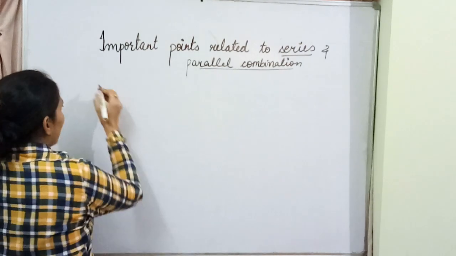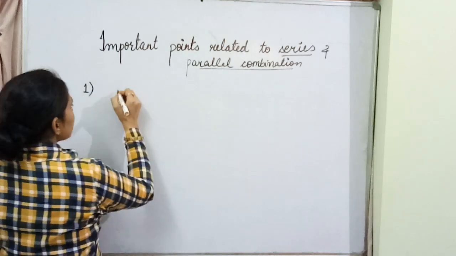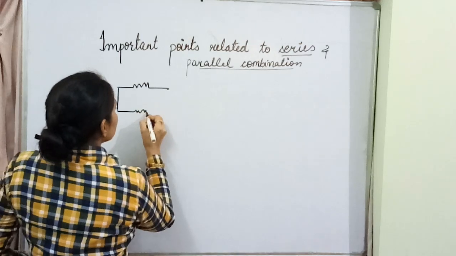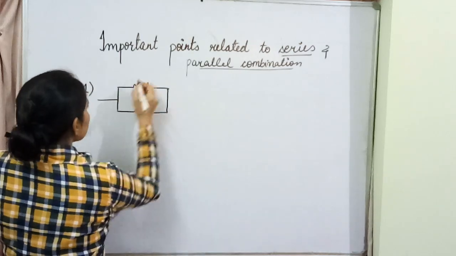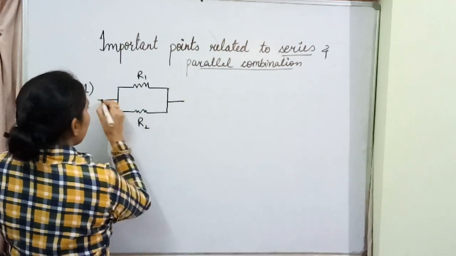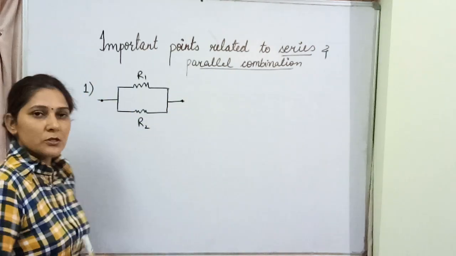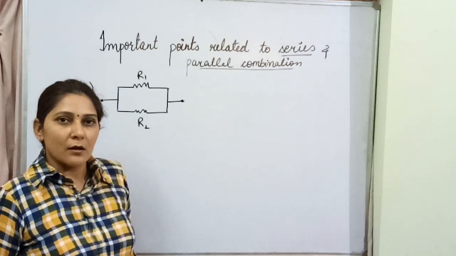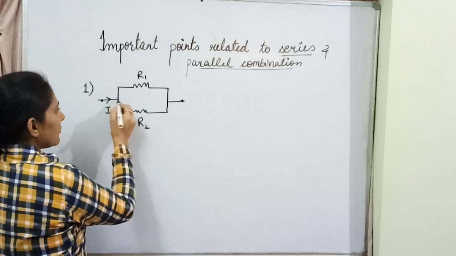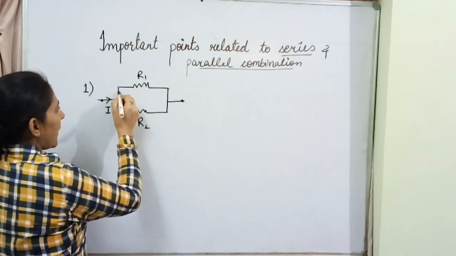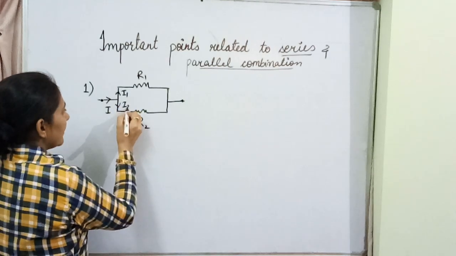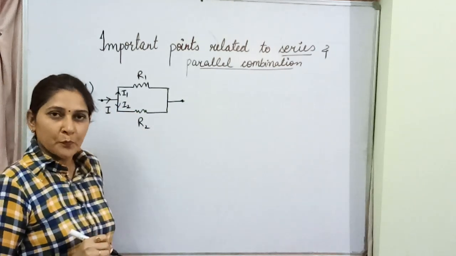First I am talking about when two resistors are given to us and both of these resistors are in parallel. Suppose this is resistor R1, this is resistor R2, and they are connected in parallel across this terminal. When these two are connected in parallel, what can we say? The current I is flowing over here. Later on the I gets two paths. Here it flows in the form of I1 and here it flows in the form of I2.